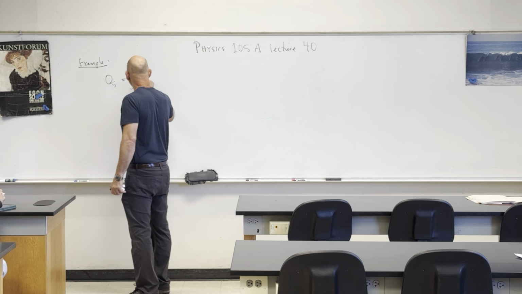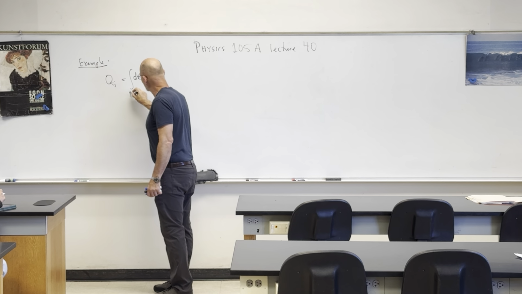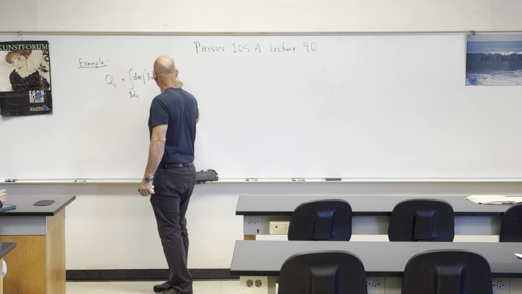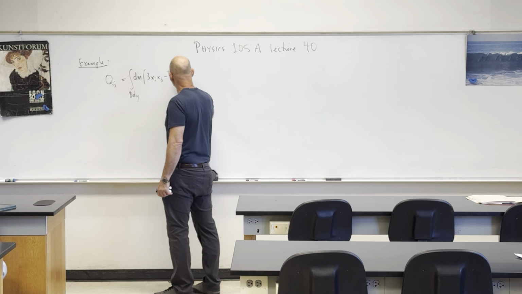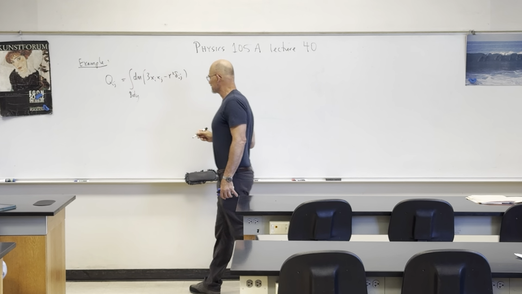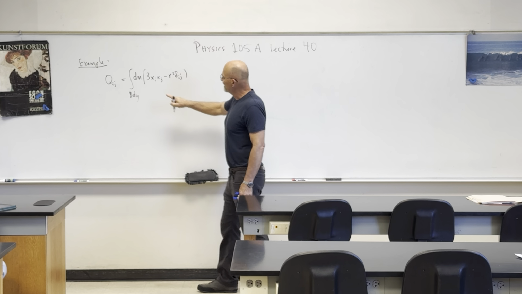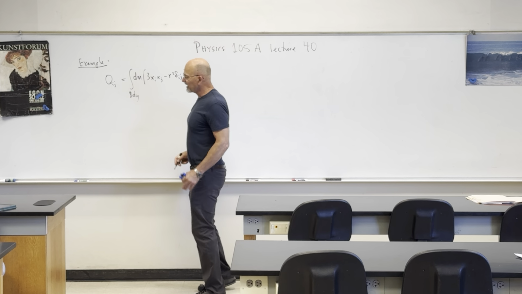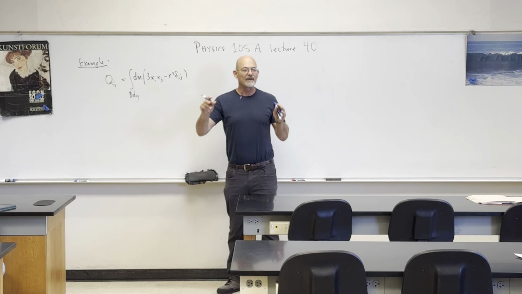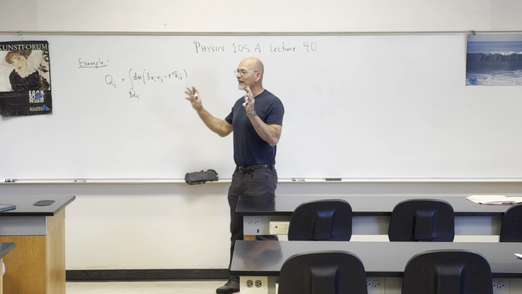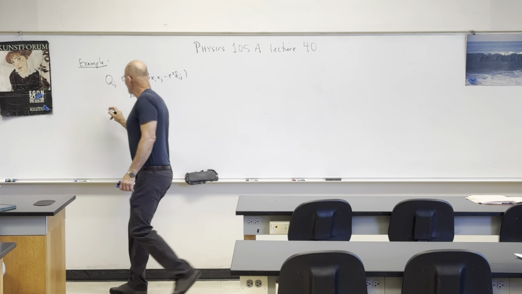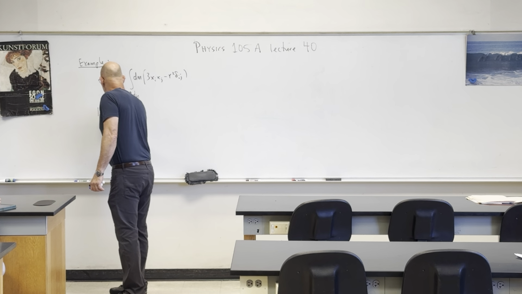So Q_ij equals the integral over the body of whatever it is, of dm times 3 x_i x_j minus r squared delta_ij. So it's best to start off with this form symbolically always, because depending on whether you have a linear, a planar, or a volumetric body, you can adjust the dm. So when we have a linear body,